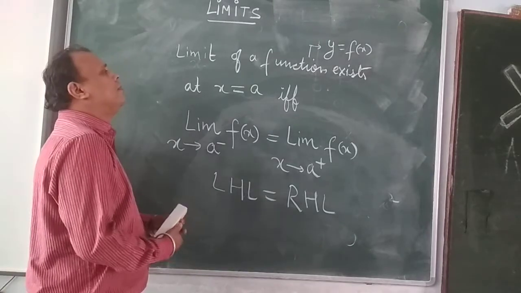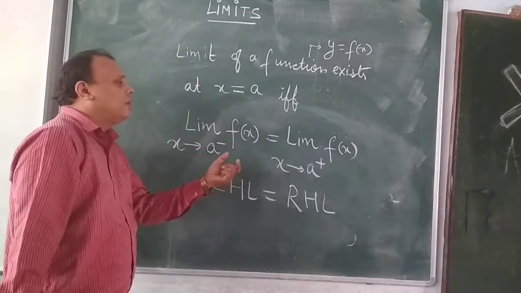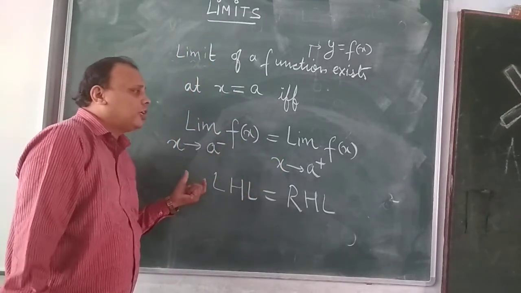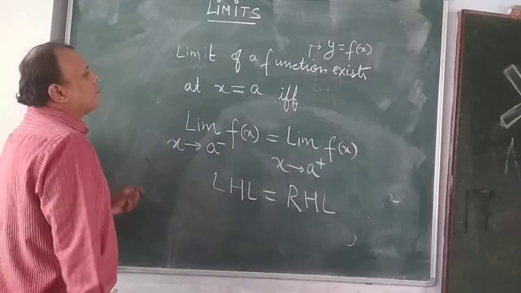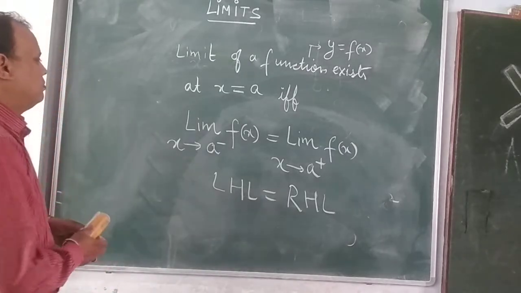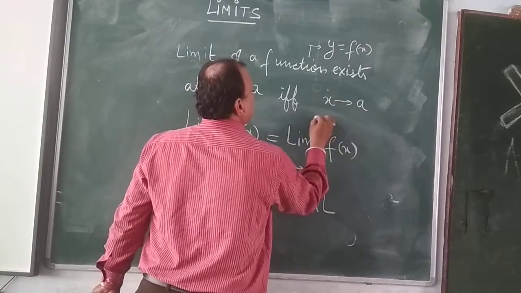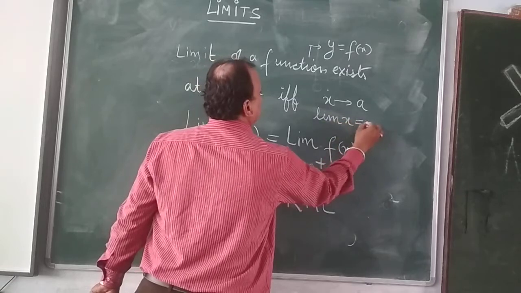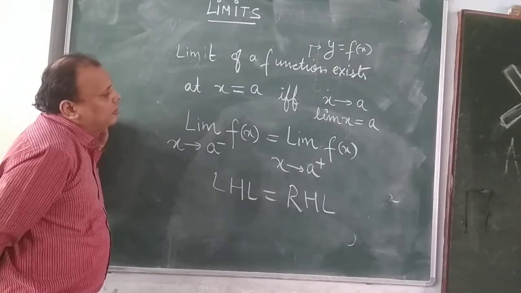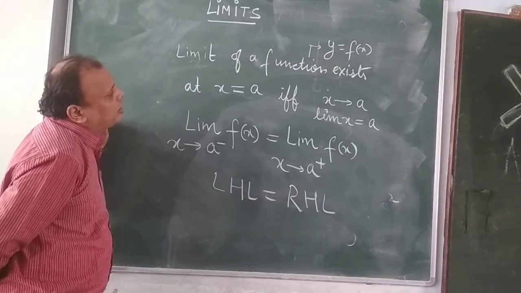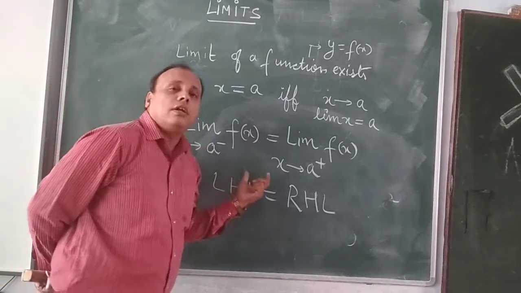If you want to define the limit of a function, the limit is nothing but a point or a real number which the value of the variable or the value of the function approaches. Now, you can also see that when x tends to a, it means that the limit of x is equal to a. We have further technical definitions in higher classes. It also helps us to understand the concept of the neighborhood of a particular real number.